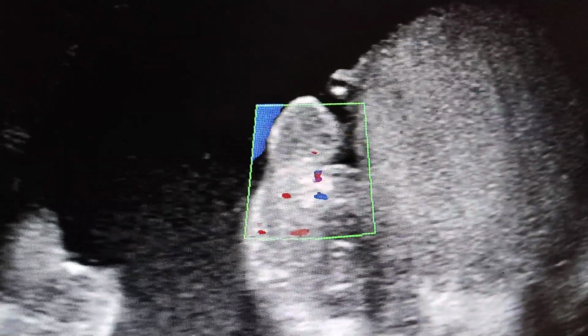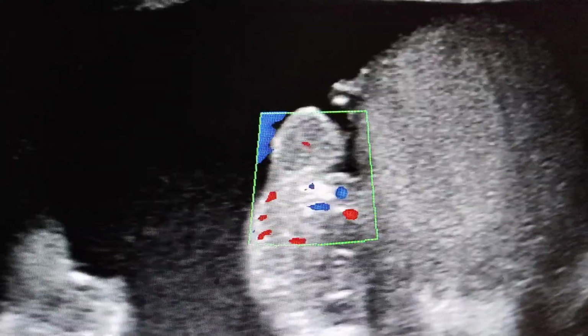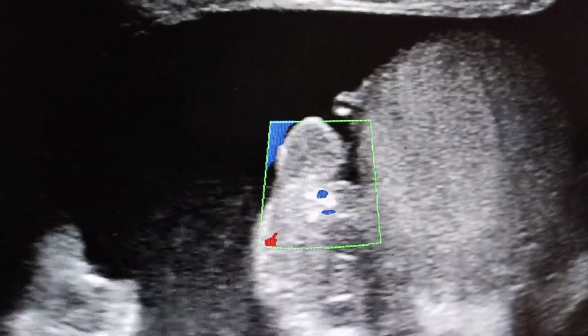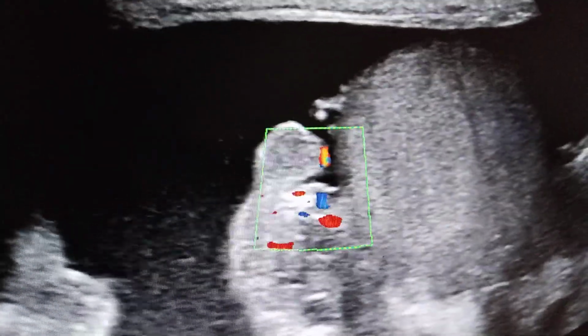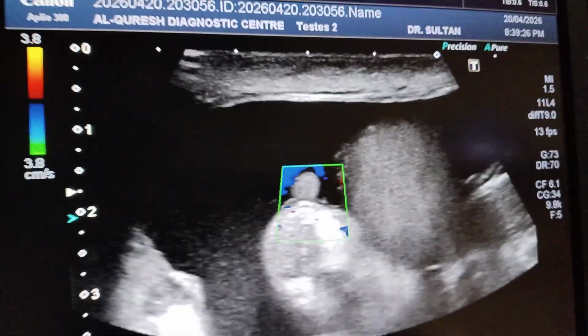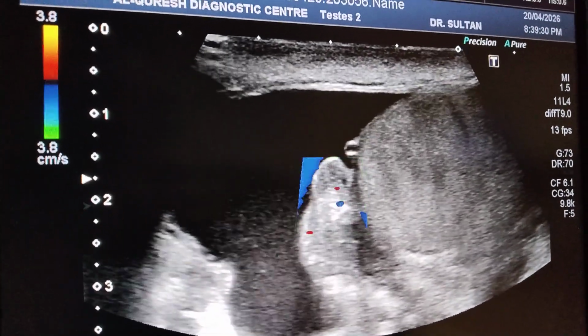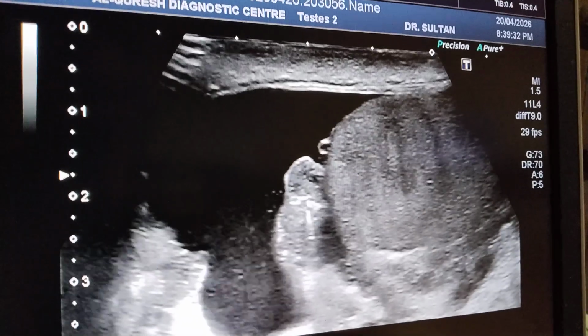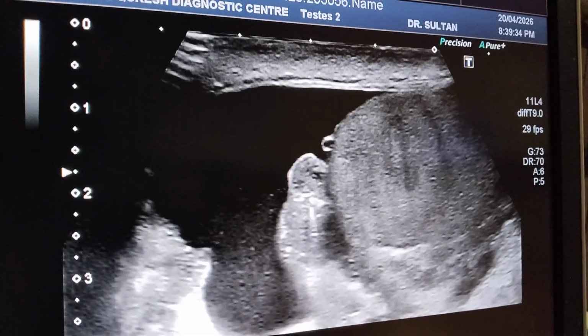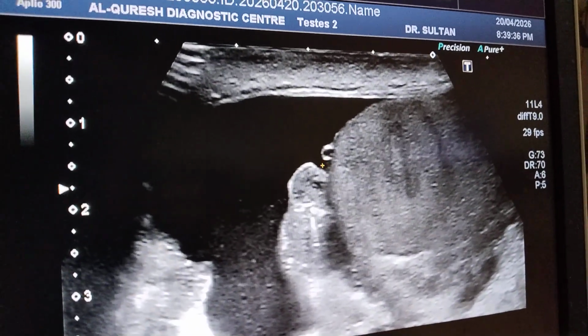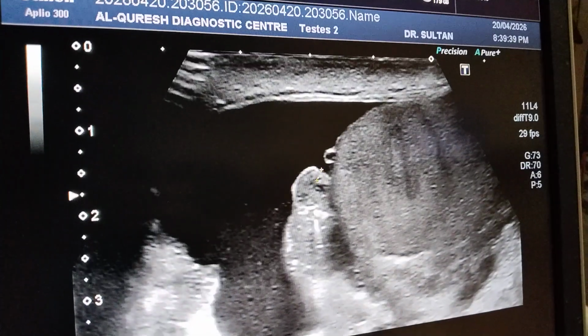Otherwise the vascularity is hardly visible. So two pathologies we can appreciate when the appendix is visualized and the size is increased. Number one, the infarction. Infarction of the appendix of the testis is also possible. And number two is the